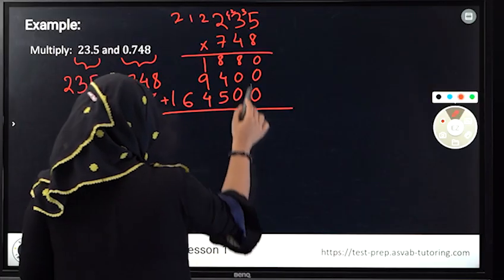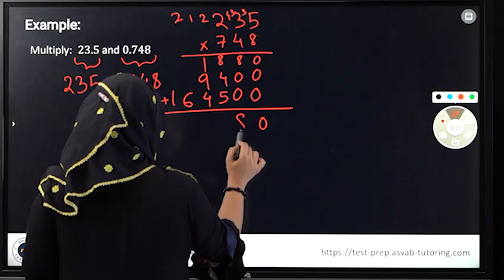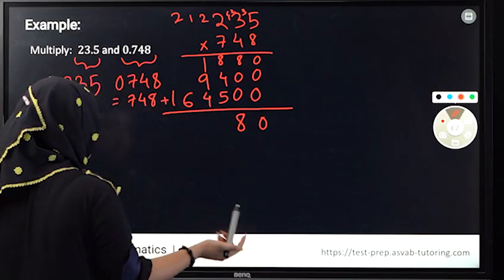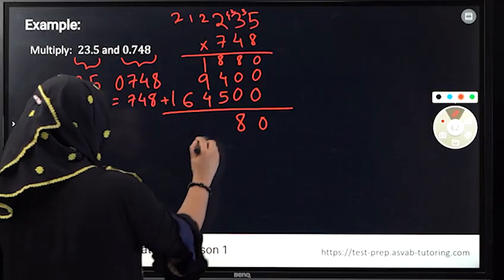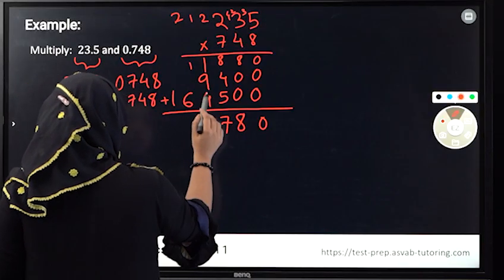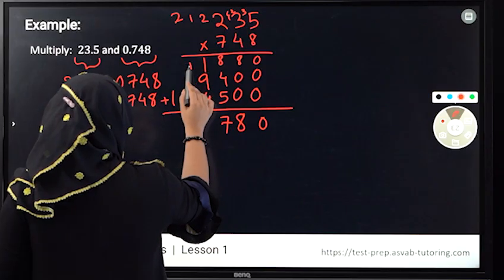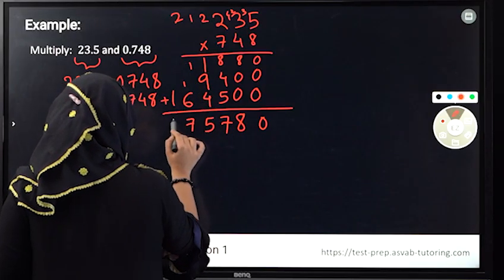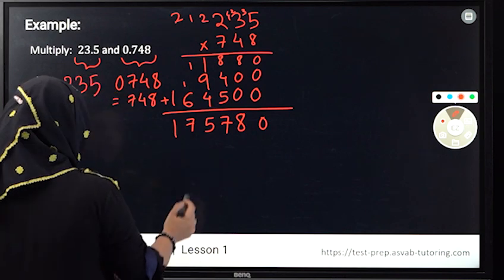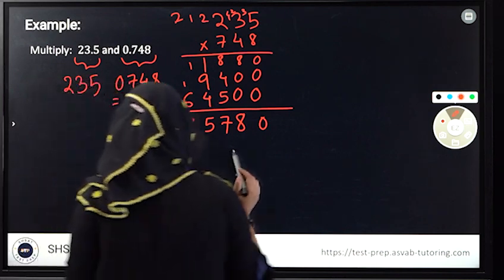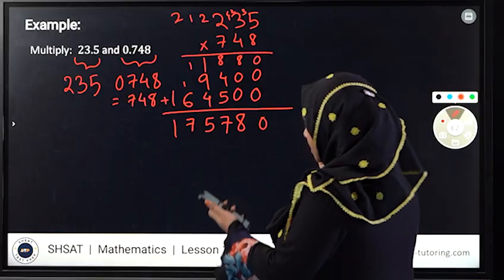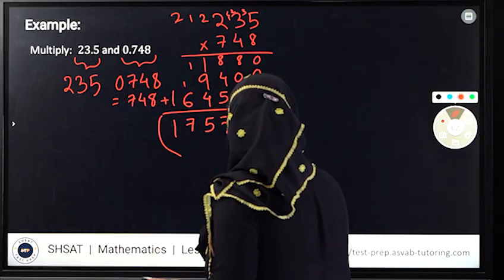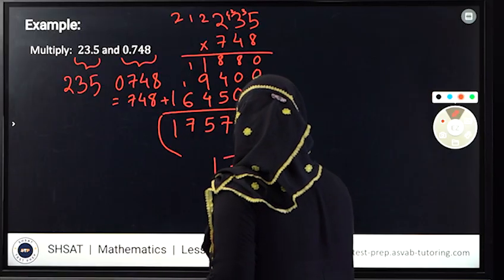So that gives us 0. This gives me an 8. This gives me 5 and 4 is 9. 9 and 8 is 9, 10, 11, 12, 13, 14, 15, 16, 17. Carry the 1. 9 and 1 is 10. 10 and 1 is 11. 11 and 4 is 15. Carry the 1. 6 and 1 is 7. And it just gives me a 1. So that gives me 17578. All right. Also, what you need to know is because it's 175,780, that's actually not the end of our